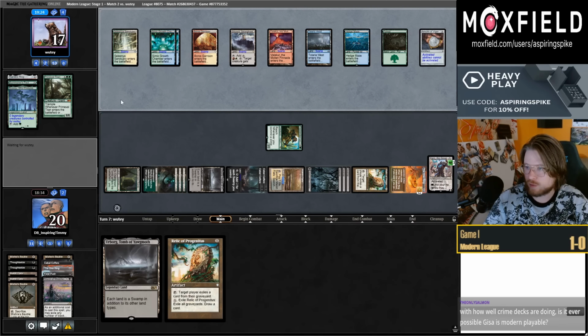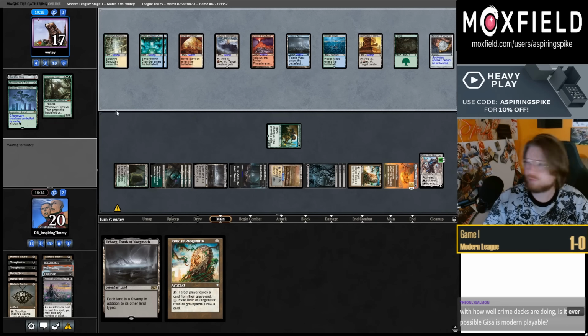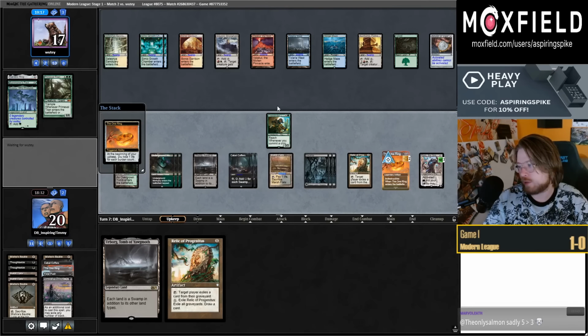Is there a possible Jissa that is Modern playable? Which Jissa? I have looked at all the crime cards again. I'm looking a little bit closer at Karavak, but